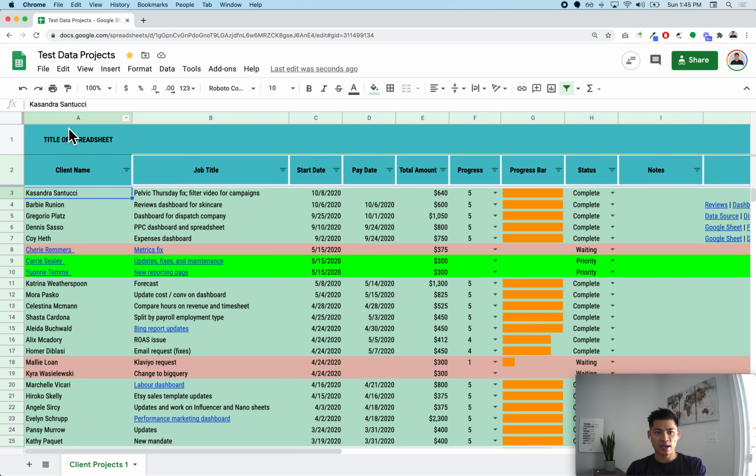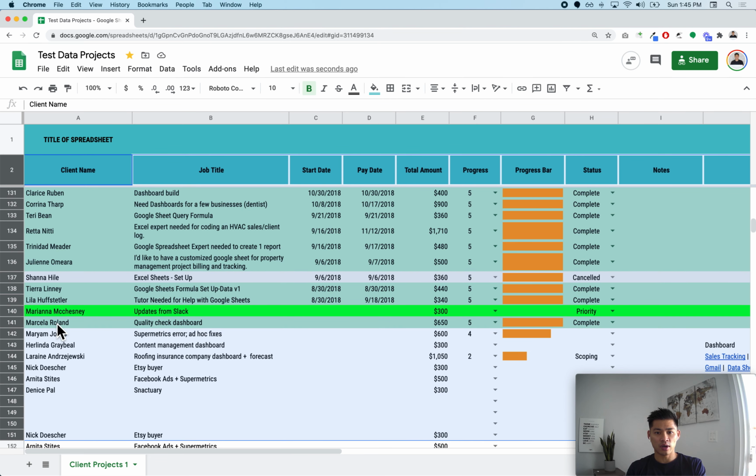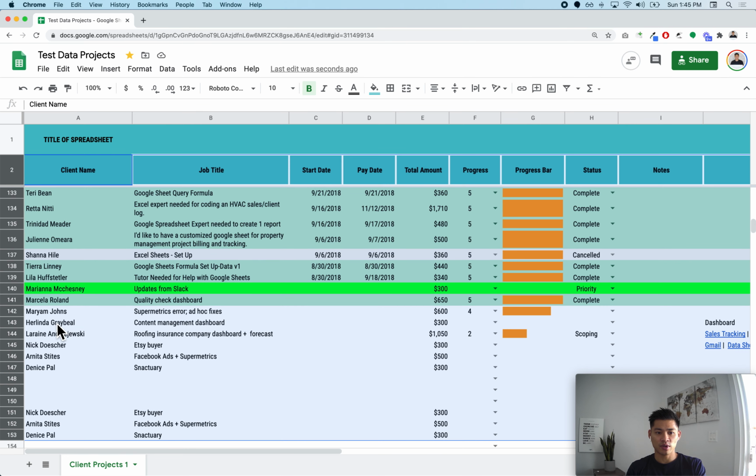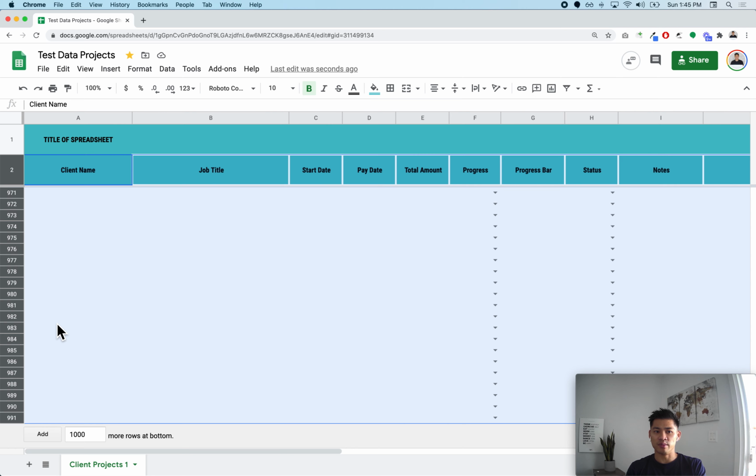So if you do have like a title row up here, what you want to do is click here to highlight this entire row. And then on a Mac, press Command Shift down. Just keep pressing it, because when you press it down once, it's going to go down to the first empty row, and I press it again, it's going to go to the next row, press it again, the one underneath it, and then just hold it down basically, and then click on filter,